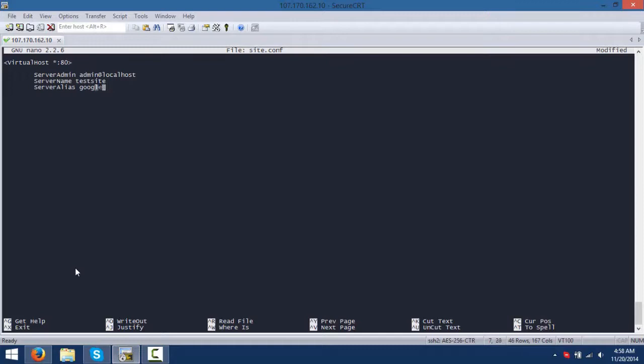So we're not going to use google.com because we can't really test with google.com unless we change the hosts file on our computer. And that would be bad because I need to be able to access google.com. So we're just going to use the IP. The IP for the server is 107.170.162.10. So we'll do that. And now in the next line we do document root,